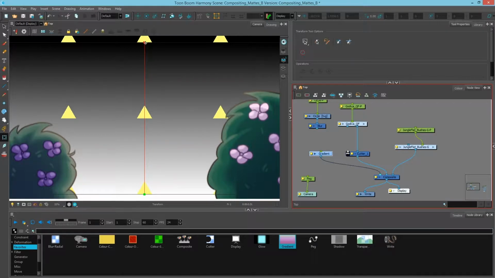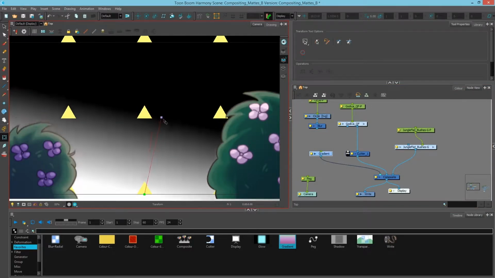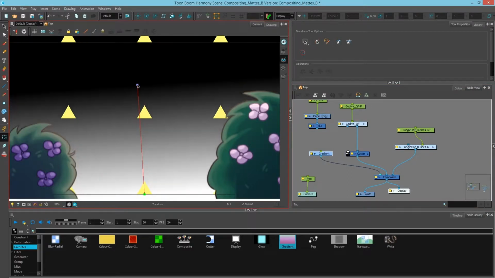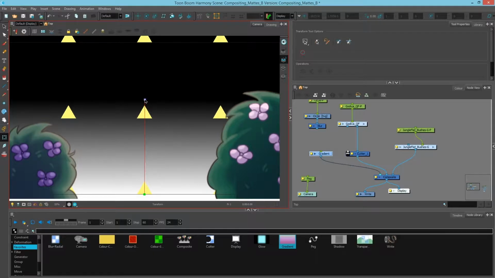So I can then grab these points and rotate and scale the gradient that I have to determine what kind of range I want. And what we're trying to do here is we're going to use this shape to say wherever the white pixels are will cut away, and wherever the black pixels are will remain transparent, so they won't affect the image. I'm going to turn off my controls by hitting the Hide Controls button in the camera view,